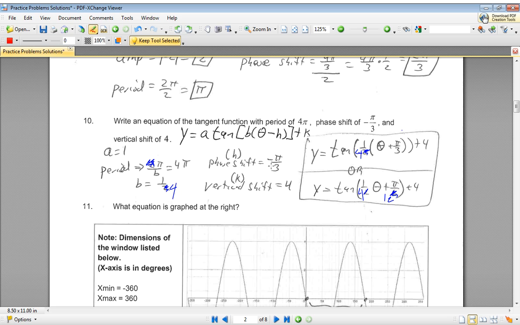Phase shift, set the parentheses equal to 0. So that's going to be to find our c, and we could do it this way. If our phase shift is negative pi over 3, we know that 1/4 x plus whatever value is there equals negative pi over 3. So we would, and we know x is going to be